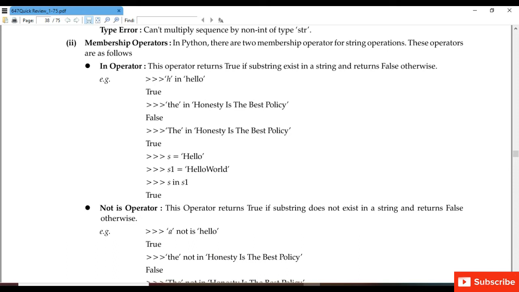For example, H in hello. So H is in the string, that is hello. So we will get true. Then 'the' in 'honesty is the best policy'. Please note that it is in lowercase, and in the string the T letter is in uppercase. So we will get false. Okay.